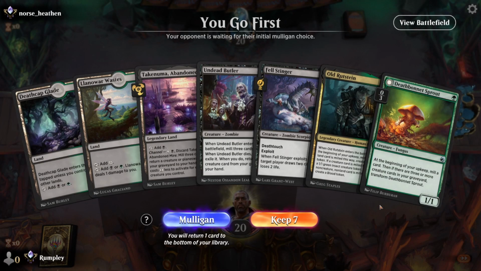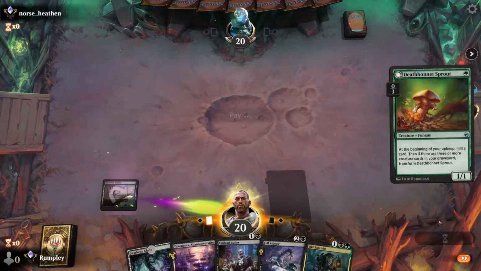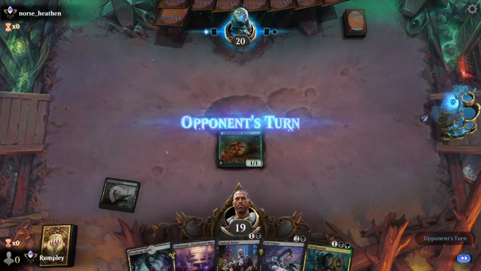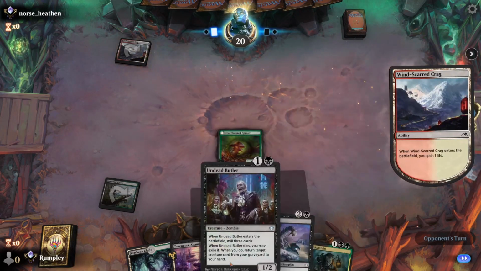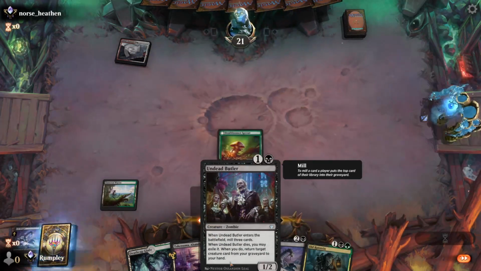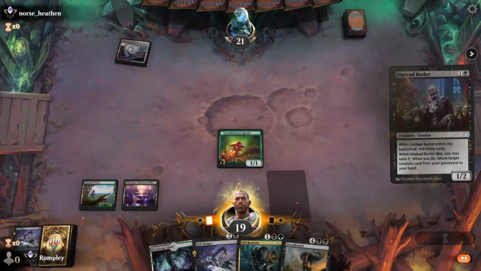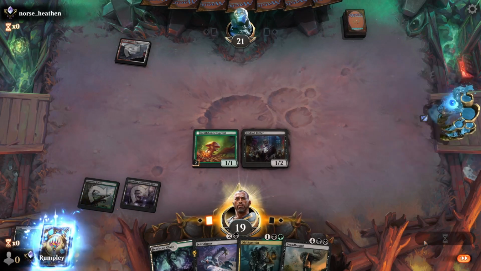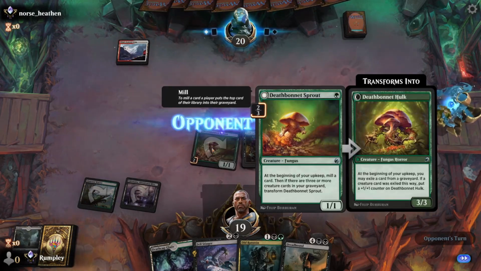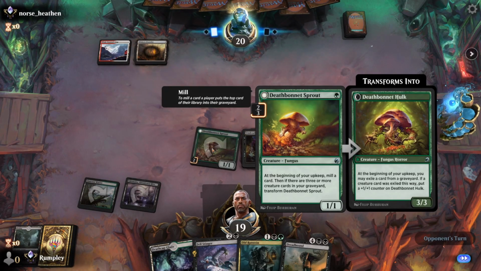Okay, we're going first, and this looks like a pretty good hand, so we're going to keep. We're going to lead on this Deathbonnet Sprout. We can start milling some cards. Milled a Fell Stinger. Get this Butler down. Mill some more cards. Keep attacking. This Deathbonnet Sprout needs 3 more creature cards in our graveyard to flip. And if it does,